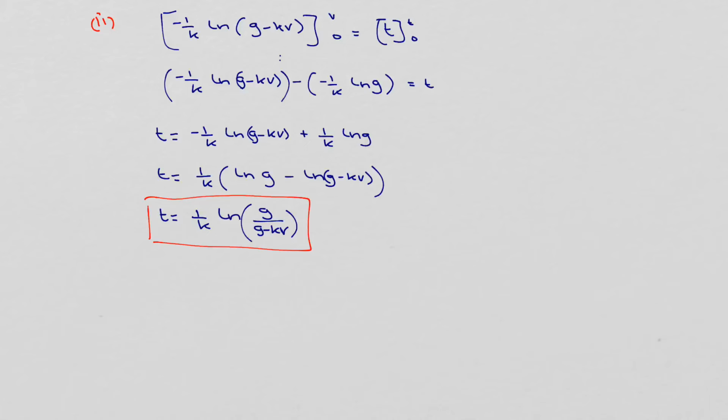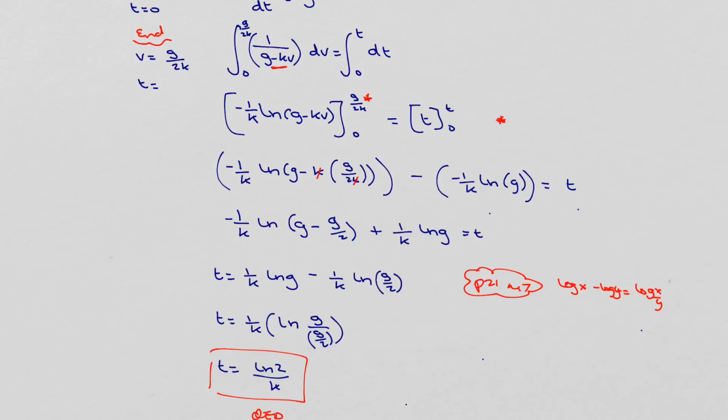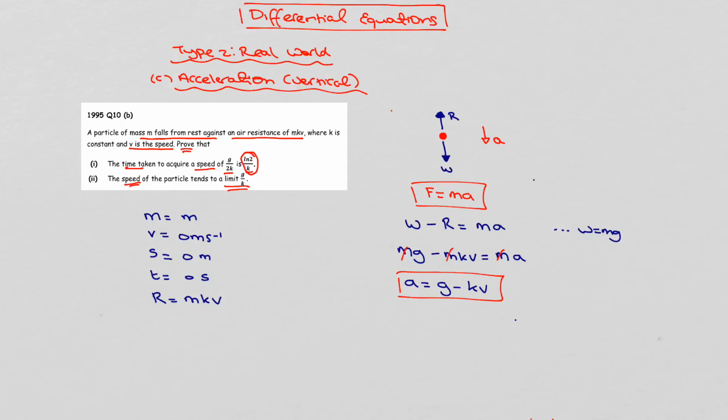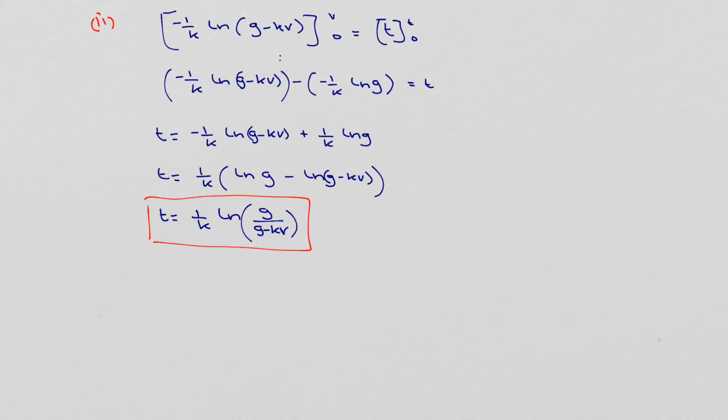So what do we have to do? Well, if I go back to the question, we're looking to find the speed as the particle tends to a limit. If the particle is tending to a limit, that basically means that time is tending to infinity. So as time tends to infinity, what is this speed ultimately reaching? What I need to do is get v on its own here now. So I'm going to multiply across by k first of all. That gives me kt is equal to natural log of g